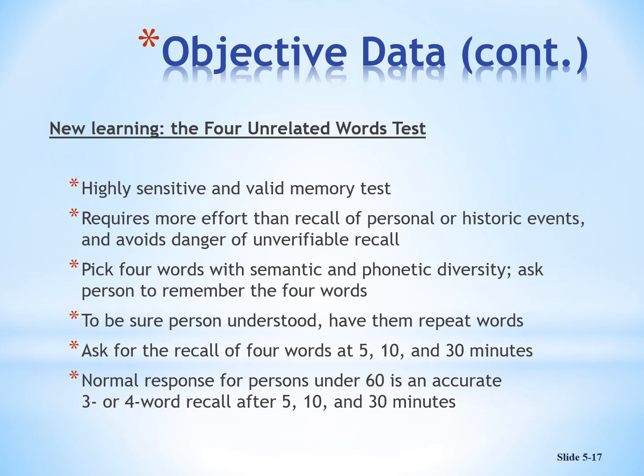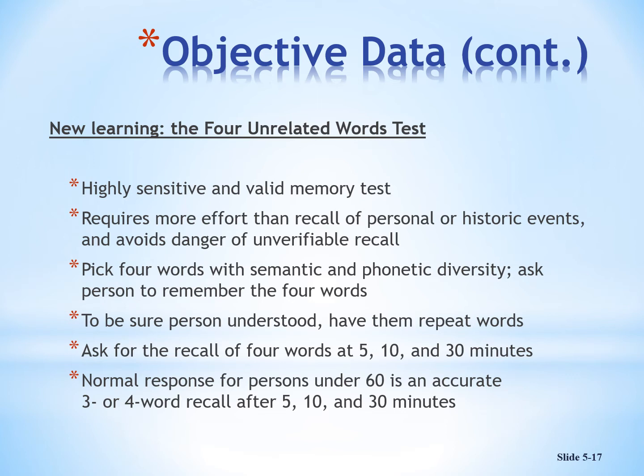We also look at new learning for a patient, just as we are doing with students as well. The information we're providing is new learning. So how well do our students learn the information? We give the students or patients 4 unrelated words. Now these 4 words cannot have anything to do with each other. So unrelated words. And we ask our patient to try to remember these 4 words that we're actually coming up with. Now, you're also going to be doing additional things with the patient within that time frame.